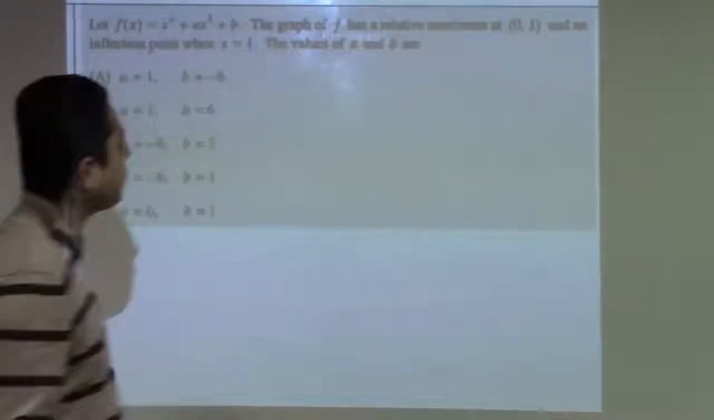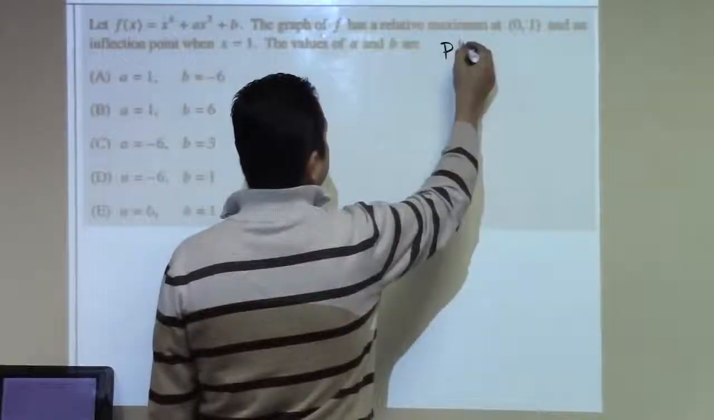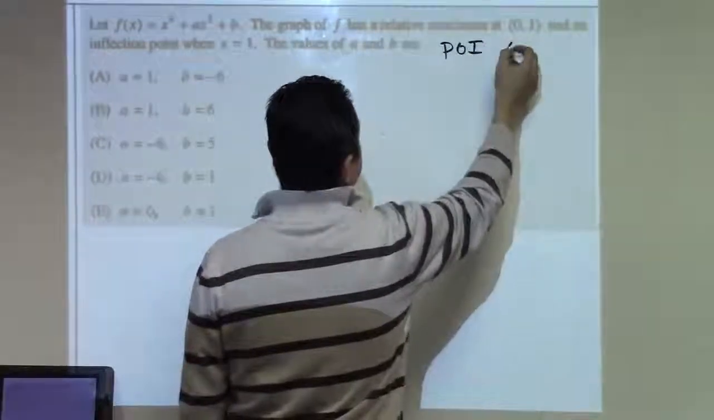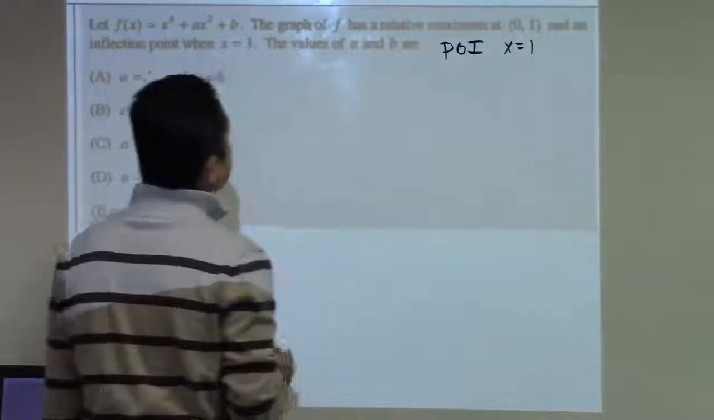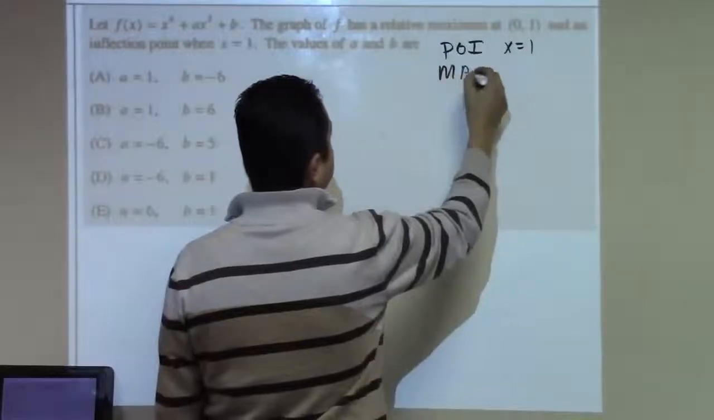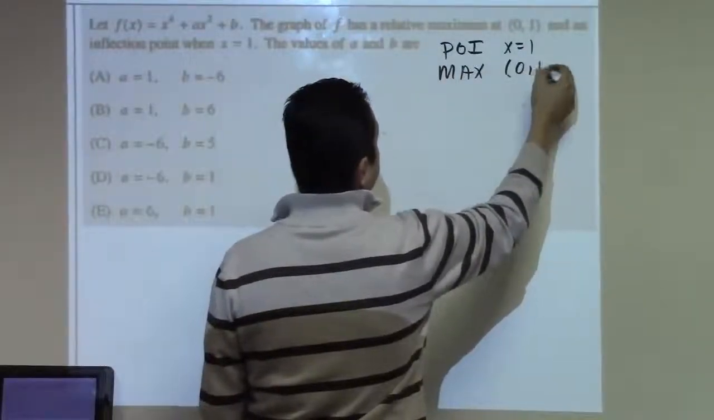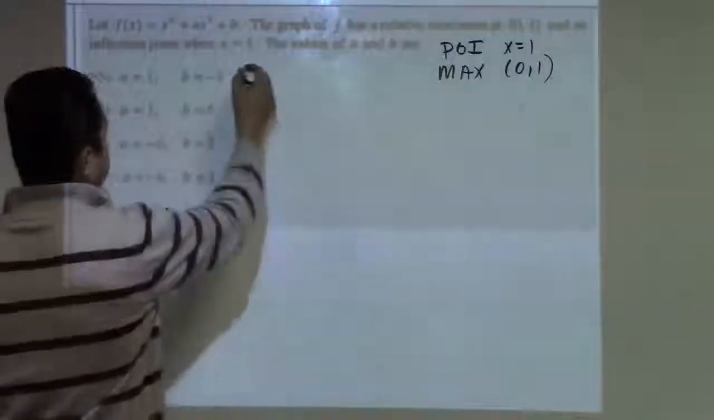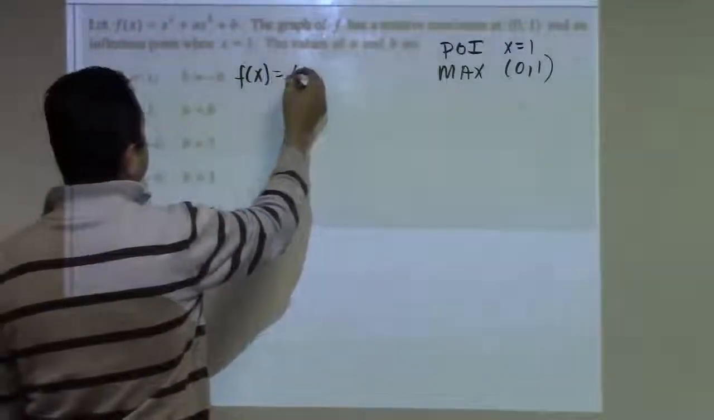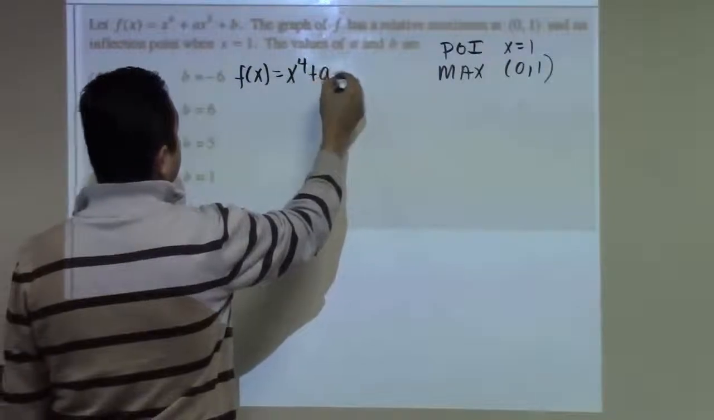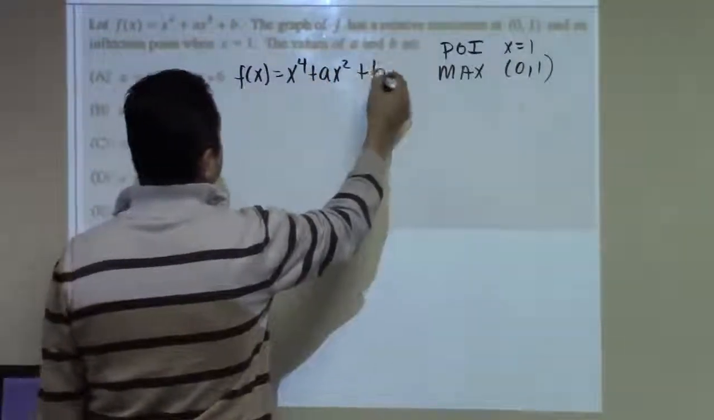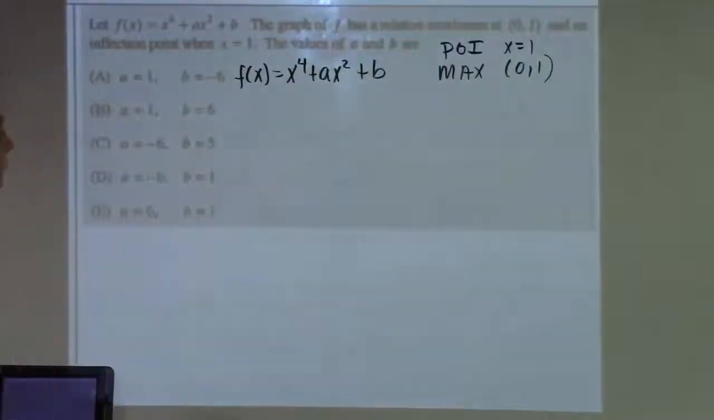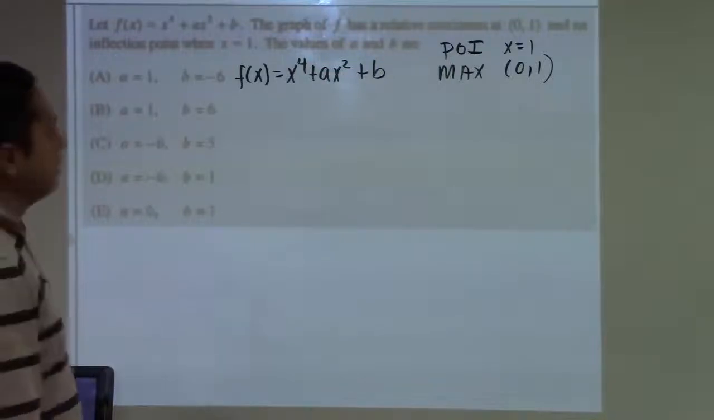So let's go ahead and write down what's given to us. We have a point of inflection at x equals 1, and we have a max at (0, 1). We're given the function f of x, plus b. So we have a POI at 1, so that means